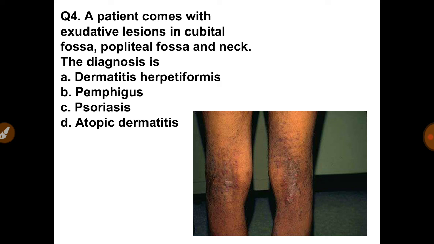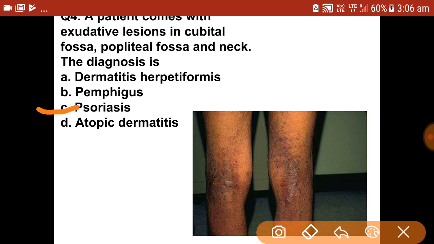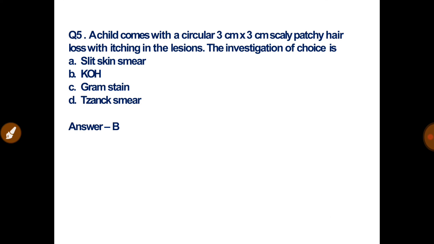Why not psoriasis? Because these occur classically on the extensors. Okay, so psoriasis it cannot be. Atopic dermatitis, yes. Although we get a variant of psoriasis called flexural psoriasis, but they do not ooze. Why not dermatitis herpetiformis? Because they will have itchy excoriation and something related to hypersensitivity of gluten will be found.